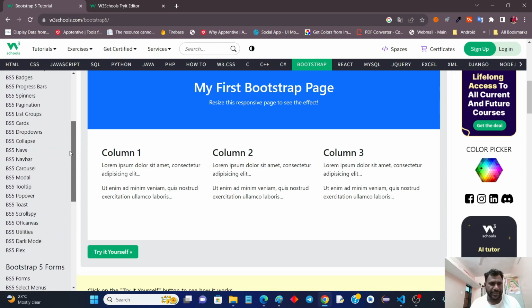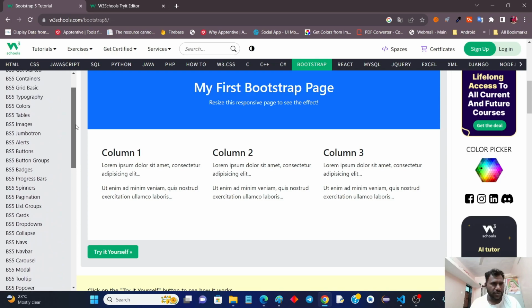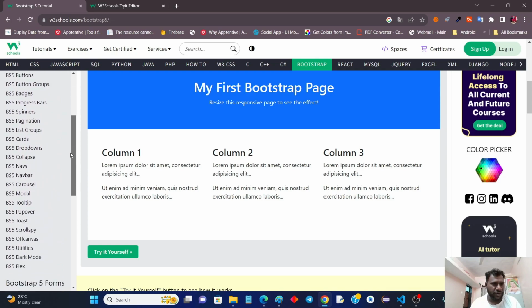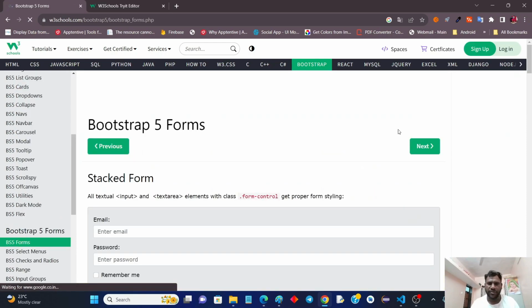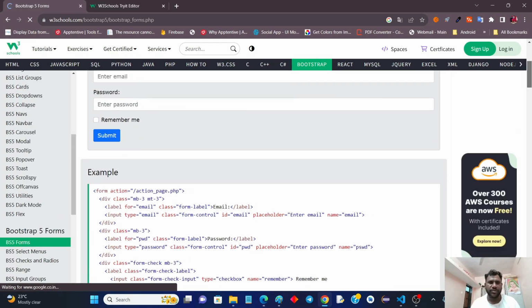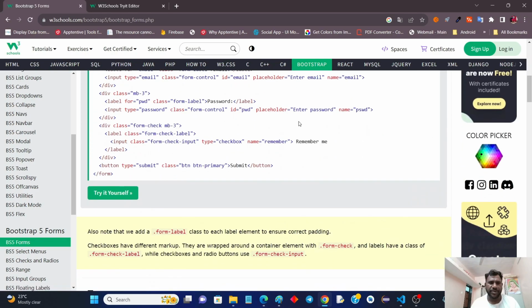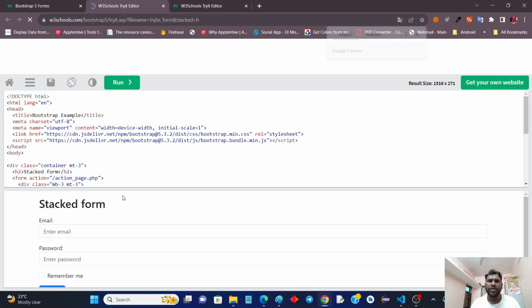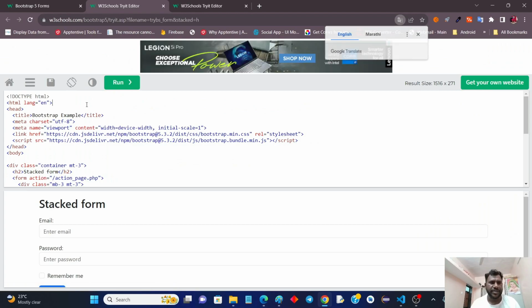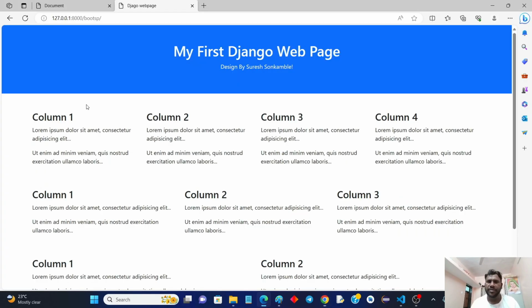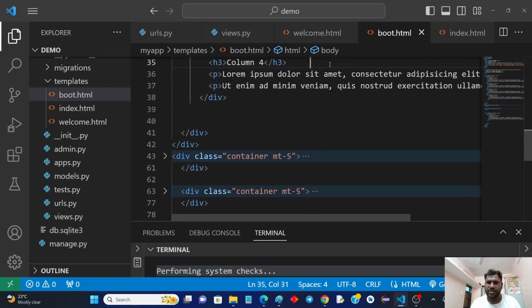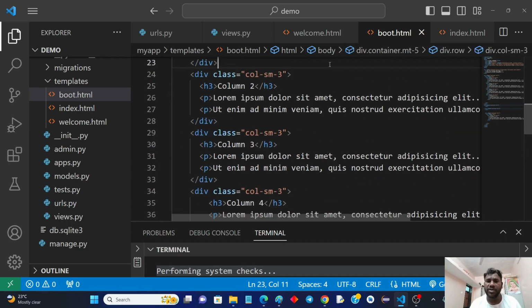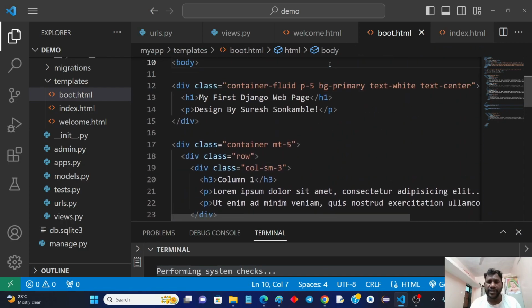the way of adding a bootstrap template section. Okay, so now if you have to add any form section, that also you can easily add. So just go here, just copy one form. See, now this is one of the forms, the sample code is already given here. If you want to make any login page, that also you can do. Before this, if I want to create a login form, just go to that view section. You must have the knowledge of bootstrap, or where to add, how to add, and then only you can easily